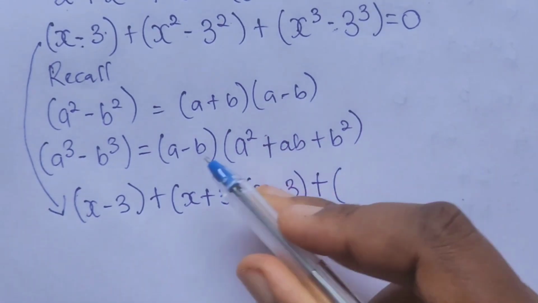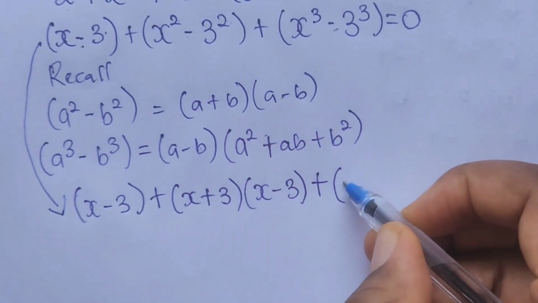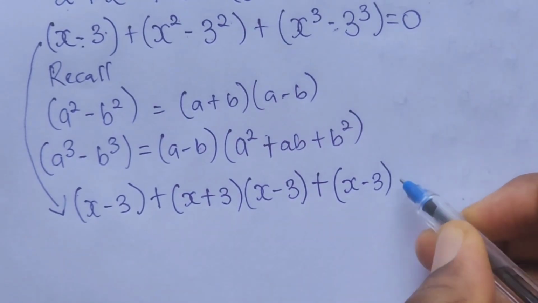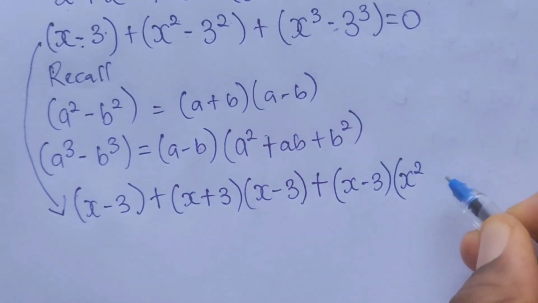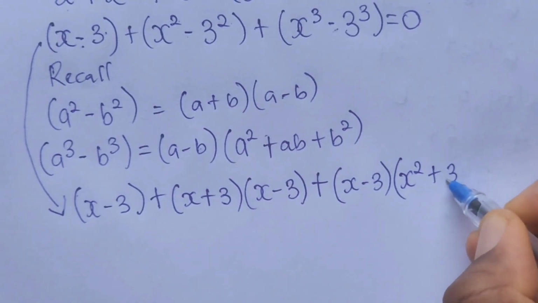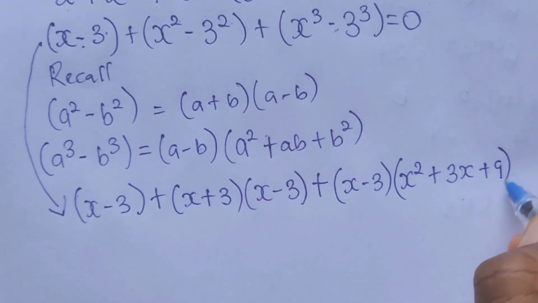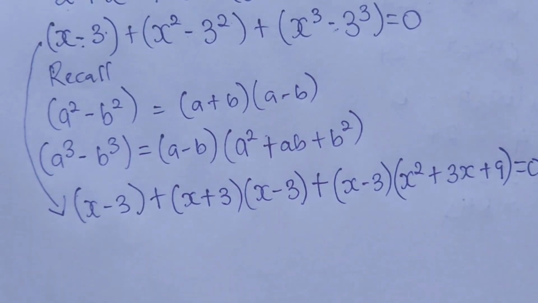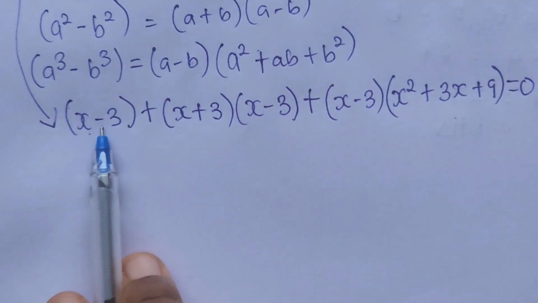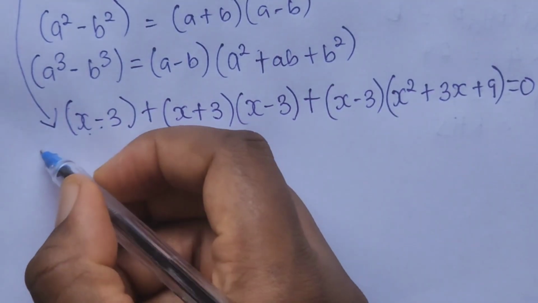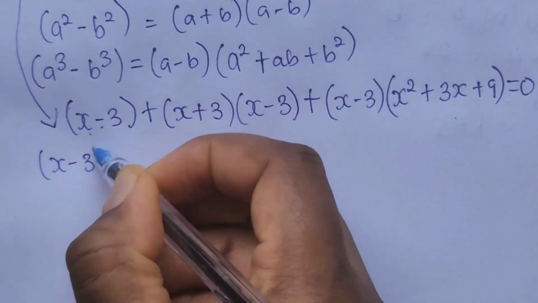So we'll be having a minus b, we'll be having x minus 3 times x squared plus 3x plus 9 equal to 0. So from here we can factor out x minus 3